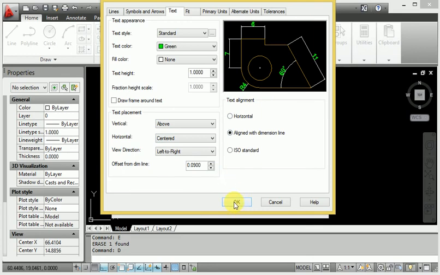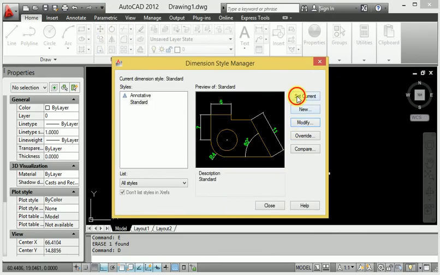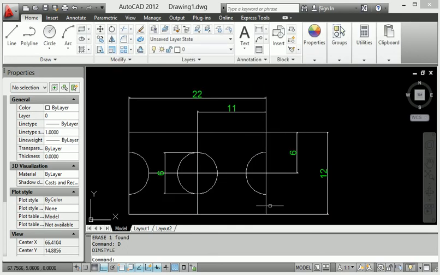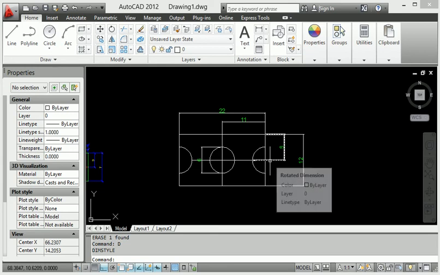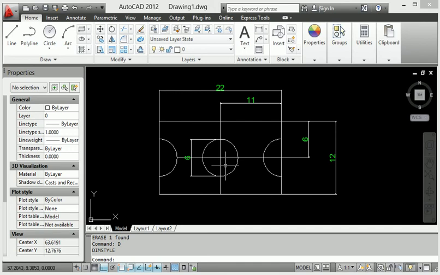When I click OK, set current and close, look at this, it provides the dimension here. So today I will discuss only how to repeat commands.